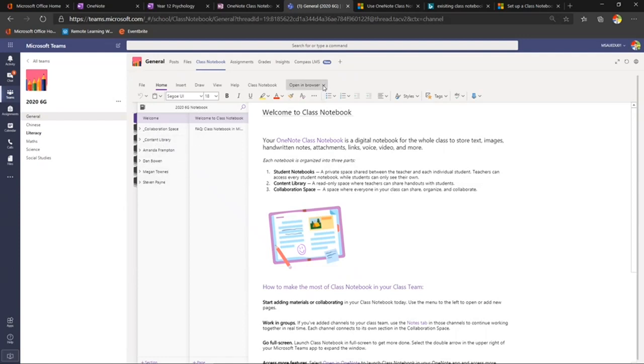Now, students can still open that in the browser or open it in the app if they want, and the changes they make will be reflected in the Teams version, and the Teams version will be reflected in their app version, etc. All right. The other thing too that I want to draw your attention to is when you create